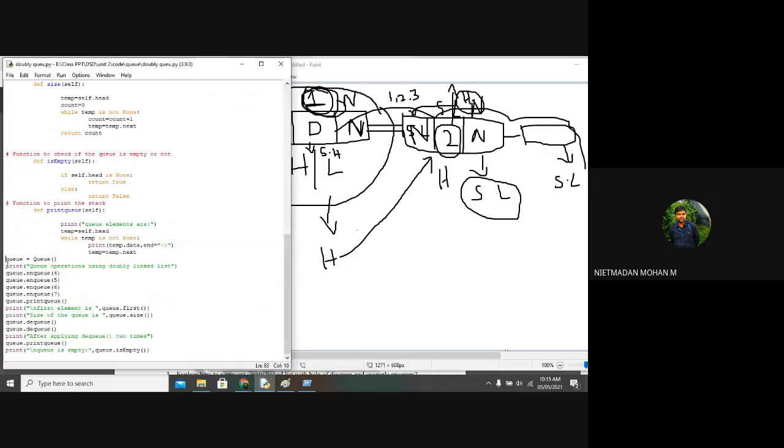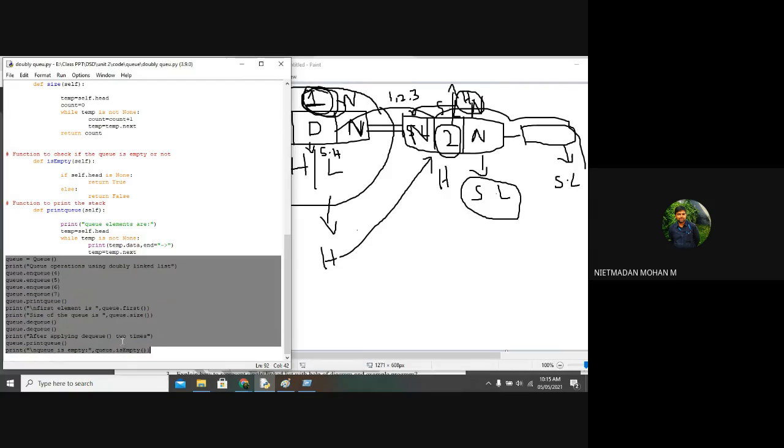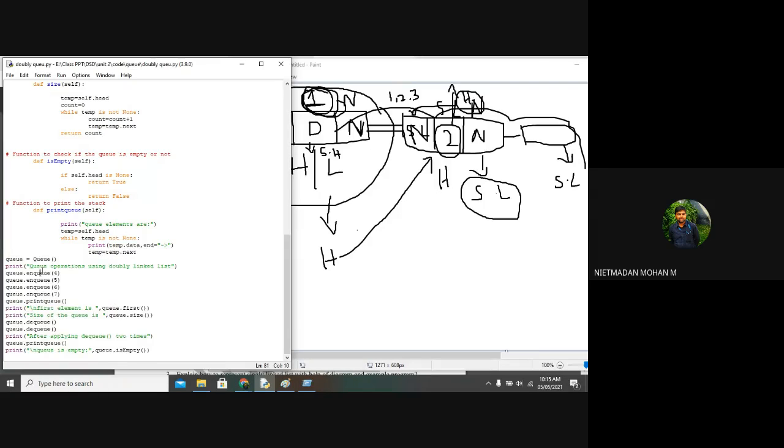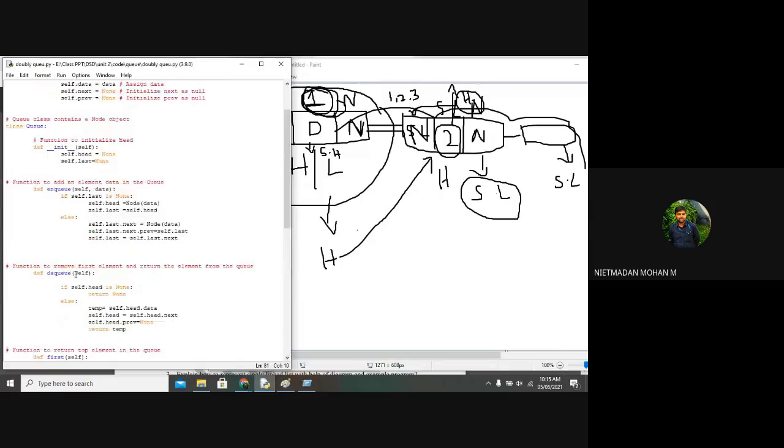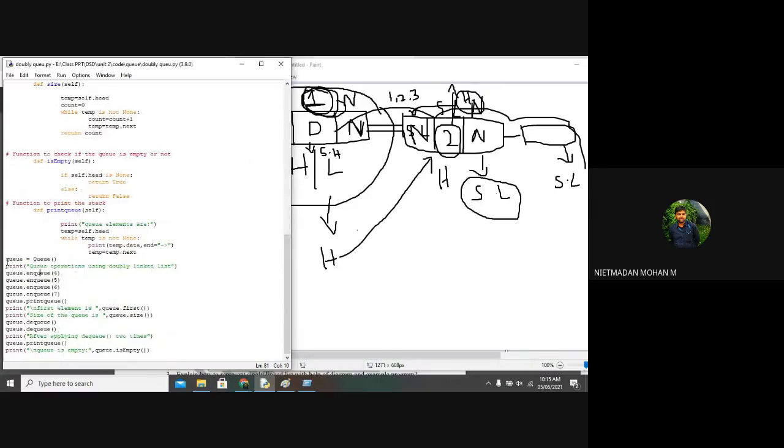And this is the declaration of a class and object and the calling of a function. This is the main program that we are going to discuss. So I have created an object here. What is my object name? Q. Yes, Q is my object. For which class have I created an object?